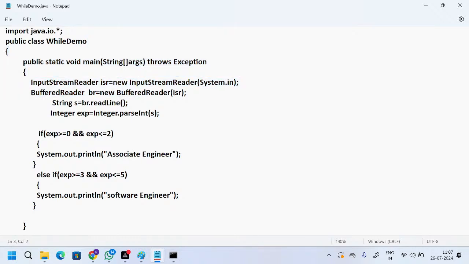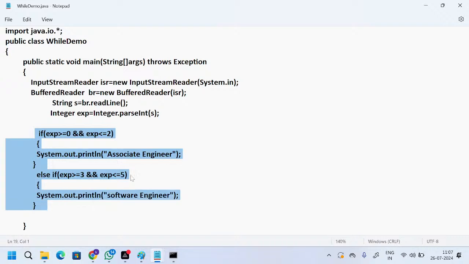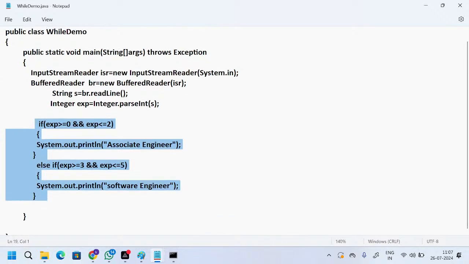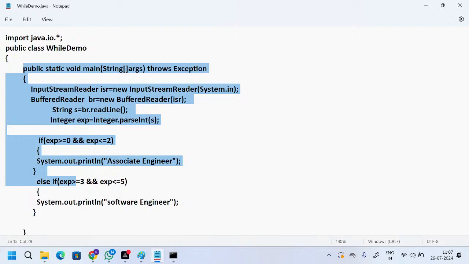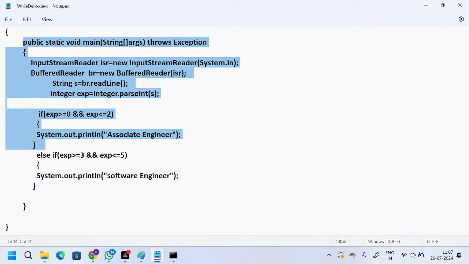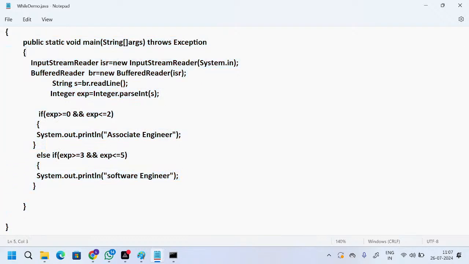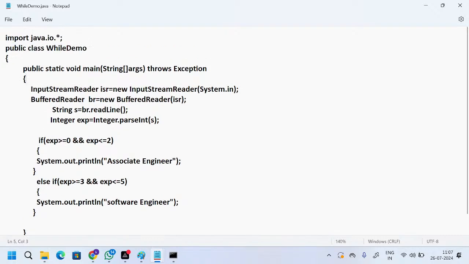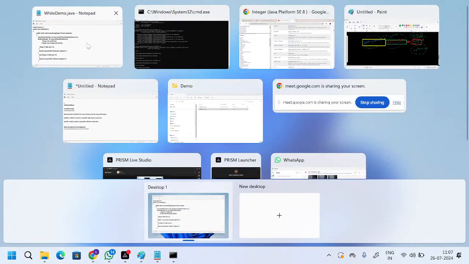We are taking the data from the keyboard, checking multiple conditions, and giving the result. Based on this, I will give 2 or 3 assignments on the combination of BufferedReader and conditions. And after this, I will give assignments on looping statements as well. All the assignments I will share in the group. Please go through it, do the assignment, and share in the group. Okay, this is all about